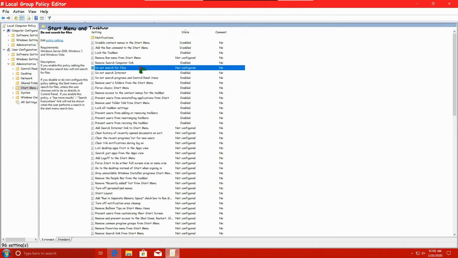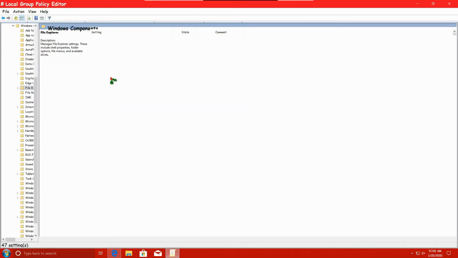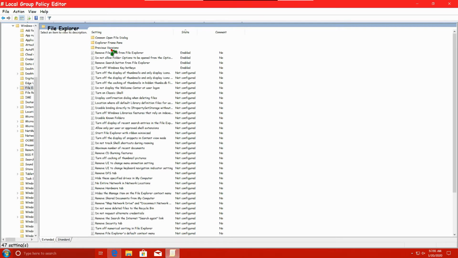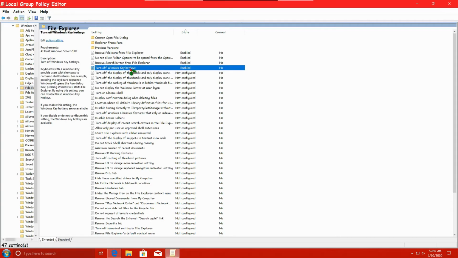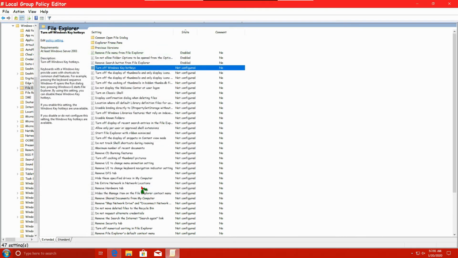We also need to go to one more important place. We are going to go to Windows Components, File Explorer, and we see turn off Windows hotkeys. We need to undo that as well, so set it to not configured or disabled. Once we have those 3 settings set in group policy, it will undo what we did to block the run prompt,